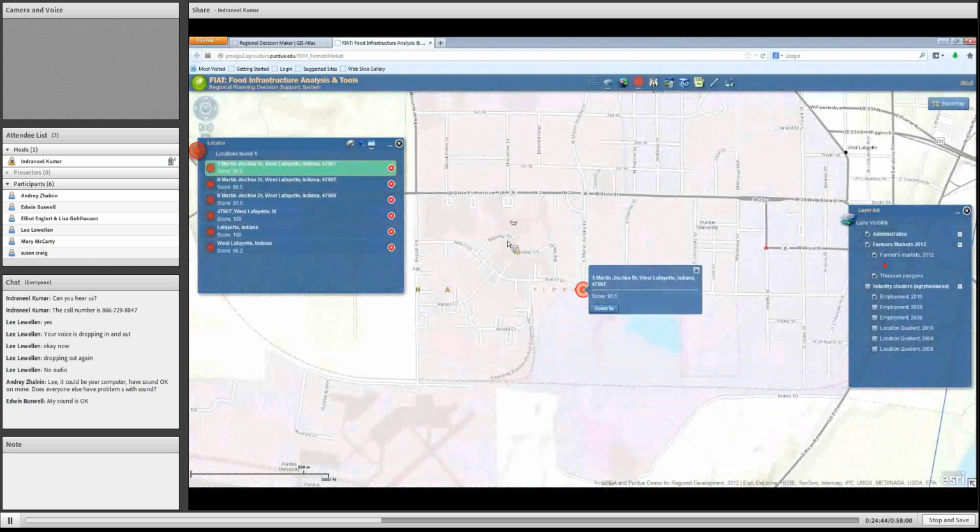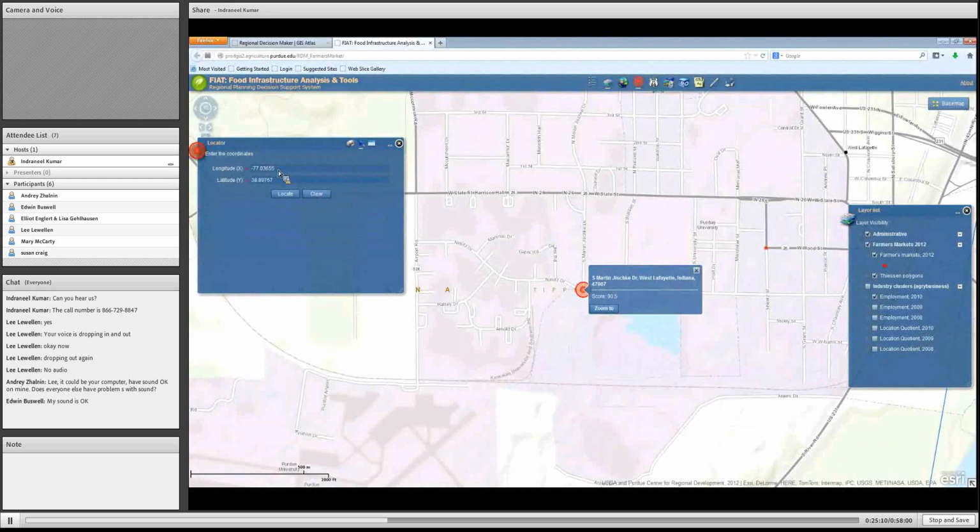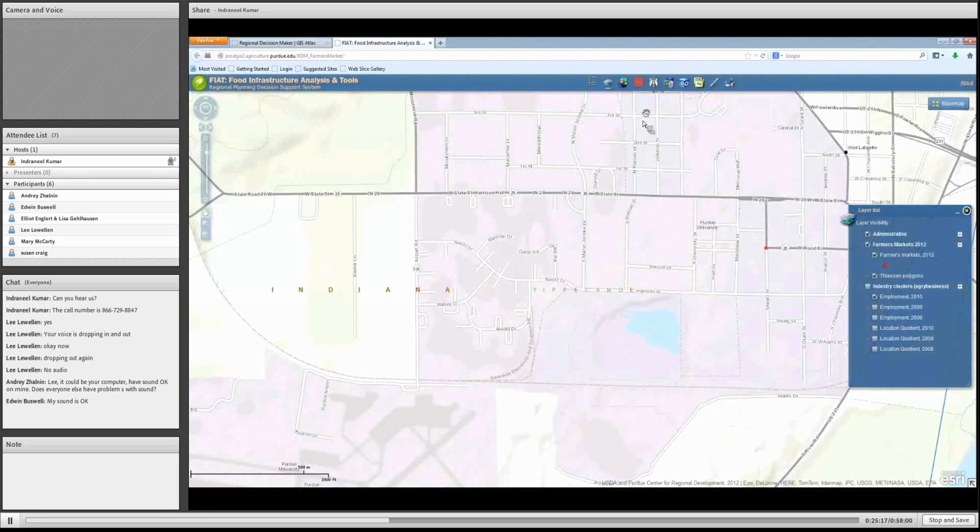Here we go. So it shows the campus location, and actually it shows you different versions of that. So it's similar to Google Maps. You can find any address, and this is useful when you want to find either your own location or the location of a farmers market that you know, or any other location. You can also obtain geographic coordinates for this point. All right. So the next tool is add